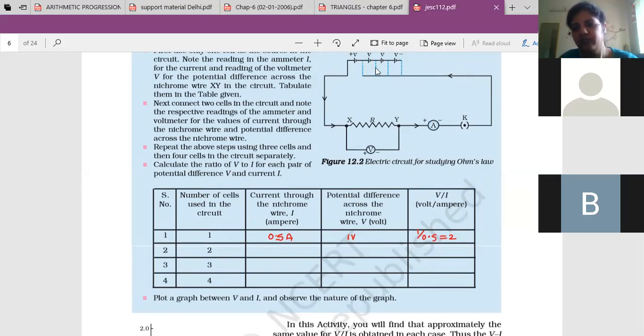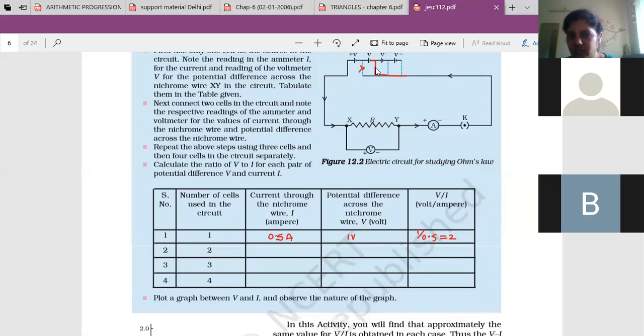That means the total potential difference will be increased or decreased? Here the connection is from this to this, and now the two cells have been connected in series. What will happen to the potential difference? Will it increase or decrease? It will increase, it is double. The potential difference is added up, no? Here they are in series, one after the other, so it will be double if both have the same value.